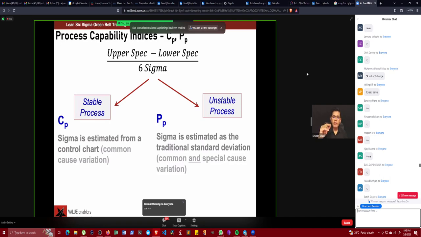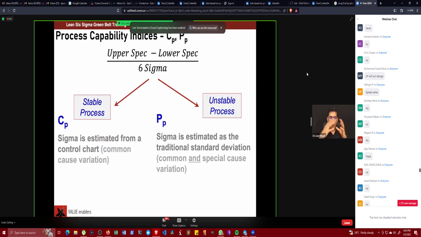Common causes of variation means, if you're making a batch of biscuits, fantastic, just hold on. I want everyone to pay attention to this because there are students here, there are directors here. If you're baking biscuits, one batch will come out well and the consistency might be good. But if you're baking several batches over a period of time,